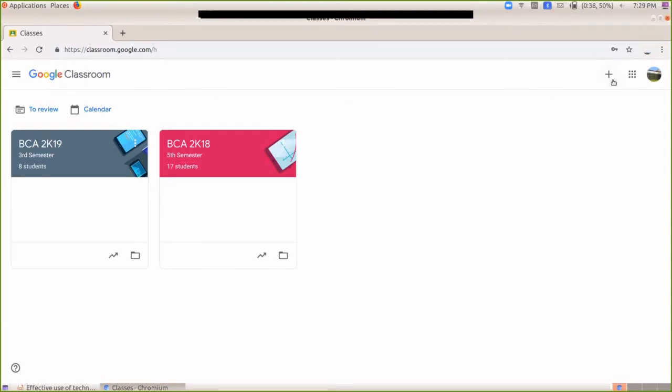So first, I'm going to create the classroom. To create the classroom, on the right side of your screen, there is a plus icon. When you click on the plus icon, it will ask you whether you want to join a class or you want to create a class. There are two options. You can join an existing class or you can create a new class, right? So I'm going to create a class. So when I select the option create class,